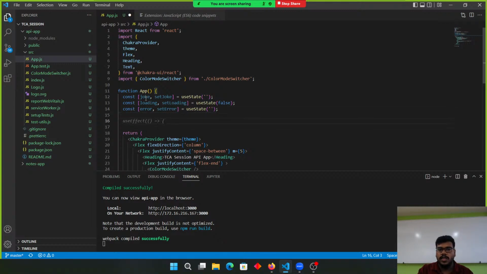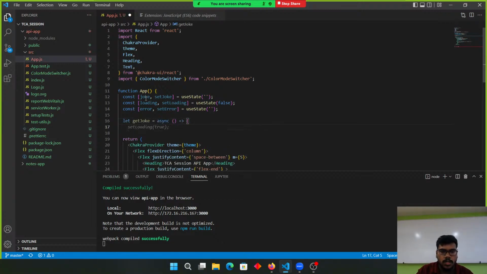Now let's make the function which would get the joke. So first what we need to do is set loading as true. This shows that we have started fetching from the API. But before that, we notice that this function is an asynchronous function. What asynchronous function and synchronous function are,